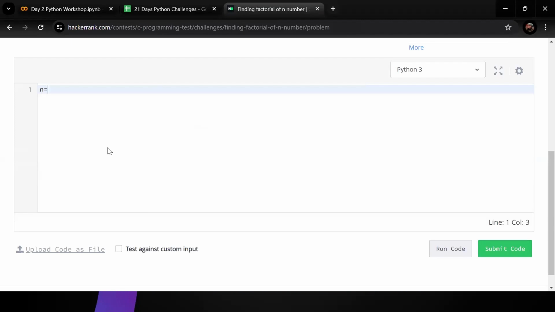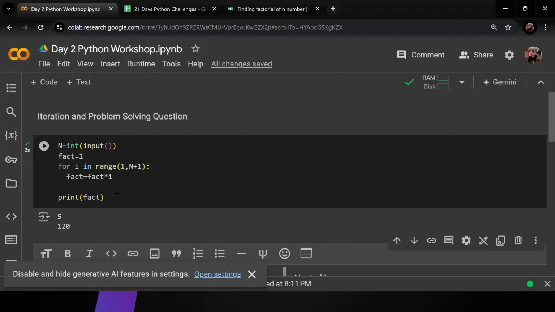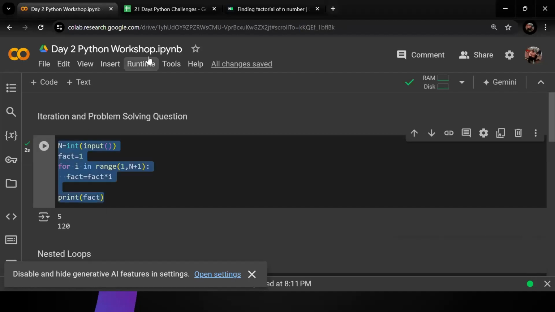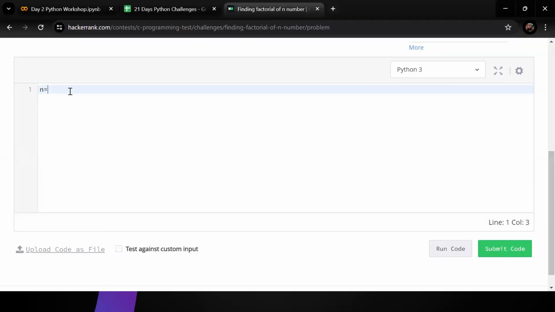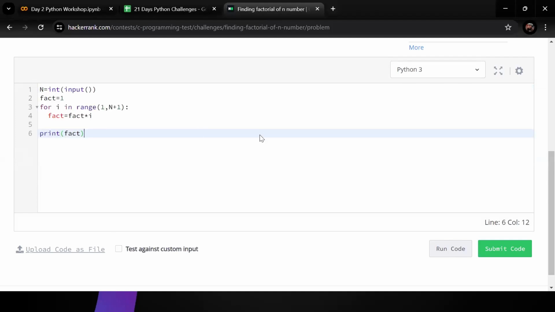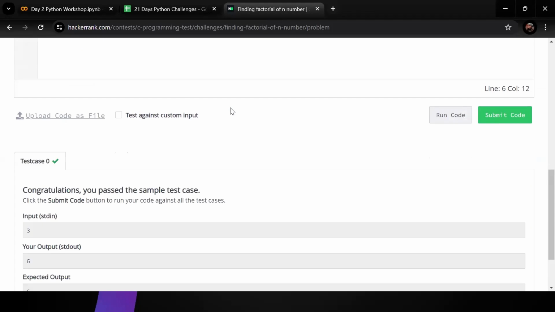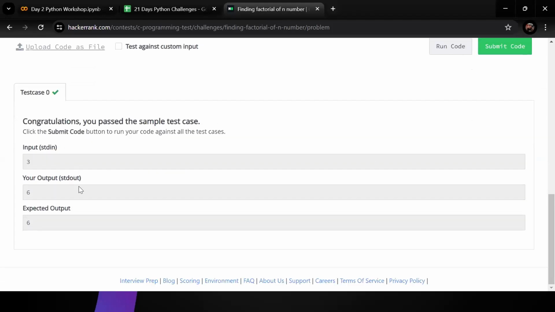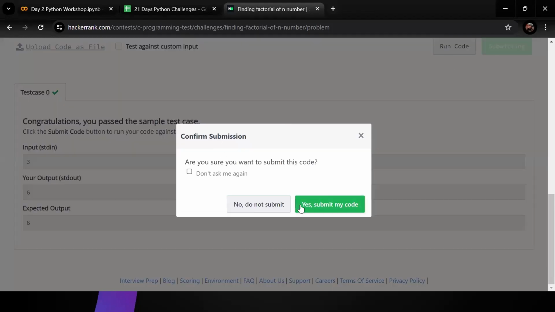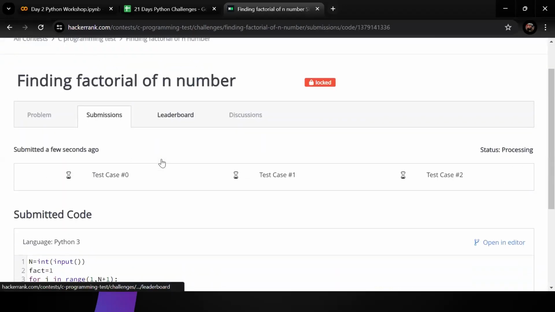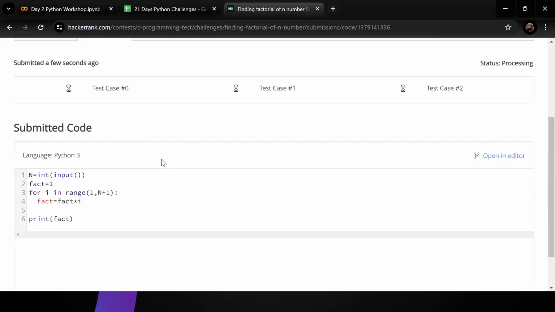तो वी विल टेक अ इनपुट फ्रॉम यूजर और वी कैन डायरेक्टली कॉपी पेस्ट दिस कोड बिकॉज जस्ट नाउ वी हैव रिटन दिस, ठीक है। तो वी विल डायरेक्टली कॉपी पेस्ट ओवर हियर and we will try to execute this, ठीक है। The sample case has been passed, we will submit this code और ये सारे टेस्ट केस पास हो चुके हैं, ठीक है।